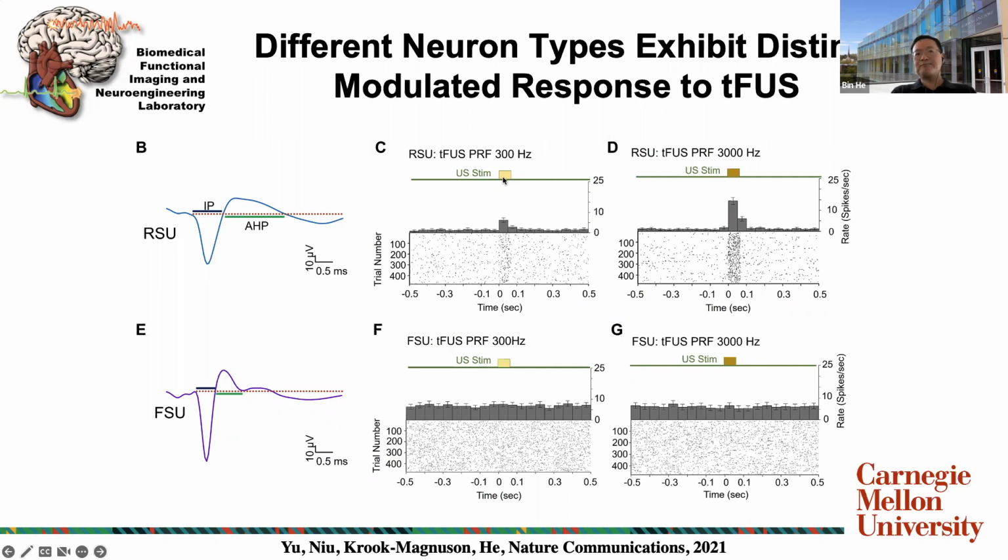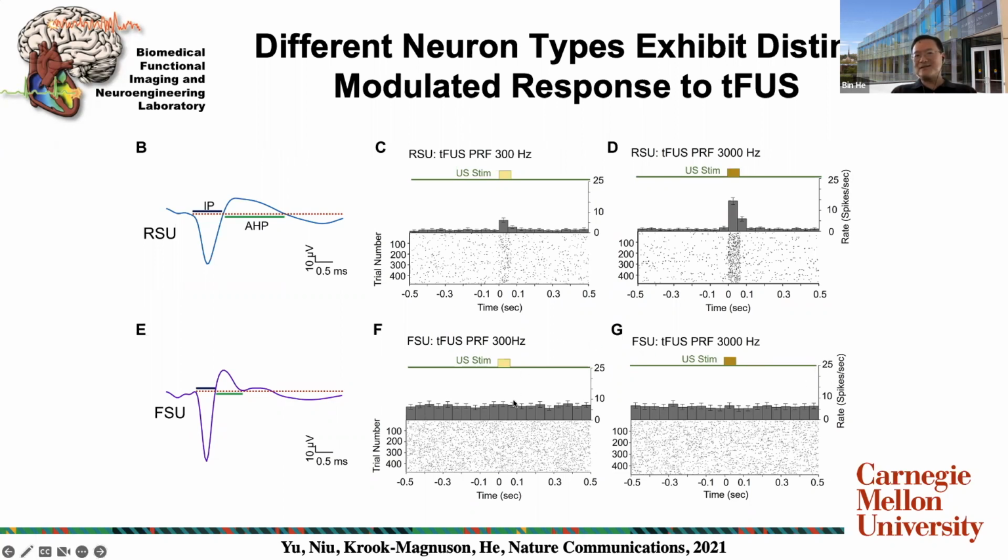This yellow tiny guy. And you can see for excitatory cells, we found that there's a very clear response once the ultrasound stimulates, and in these excitatory cells, their normalized neuron spiking rate is going to increase. If you're having higher PRF, here is 300 hertz. Here, if you go to 3000 hertz, then you can see the spiking rate is increased proportionally. Now, which was anticipated intuitively, but